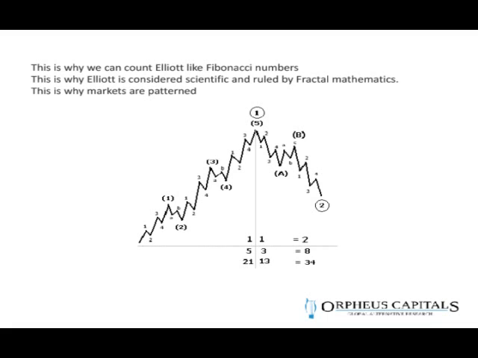And this is why an Elliottian can really count 1, 2, 3, 4, 5, a, b, c, to the smallest degree. I do not know how many of you practice Elliott, but the people who practice Elliott are called Elliottians, and they are the ones who can count the smallest detail. They can count a 1 minute chart, and from that 1 minute chart they can really build the whole price structure of multiple years.